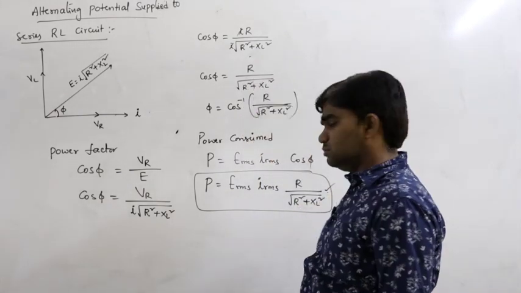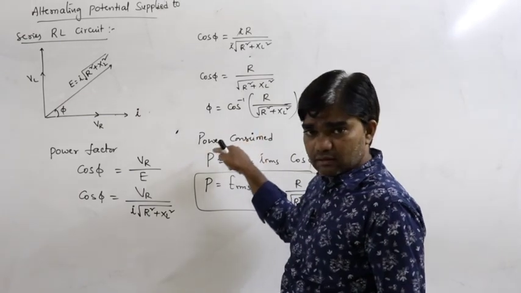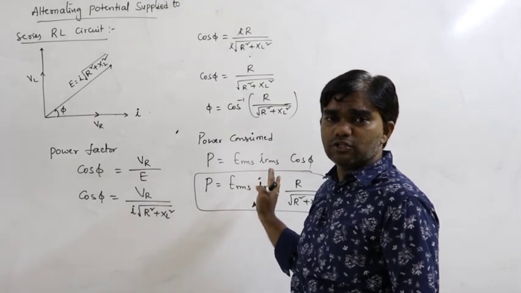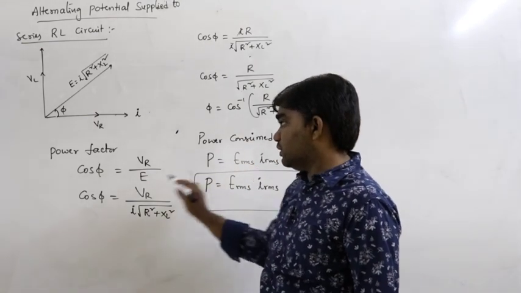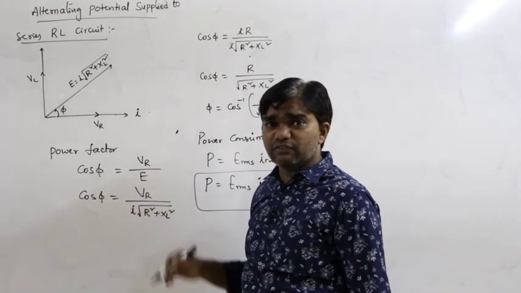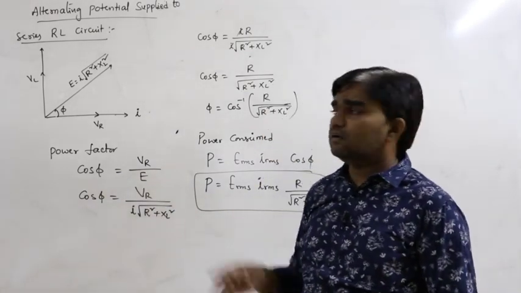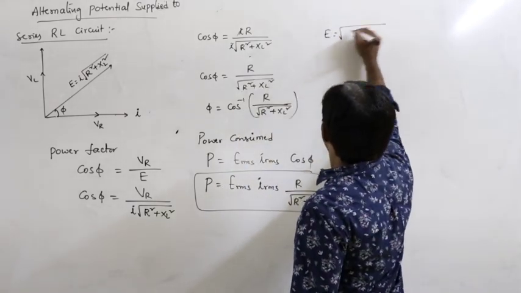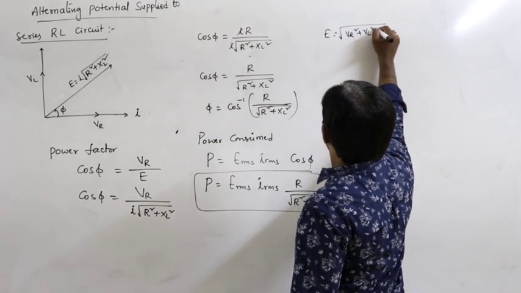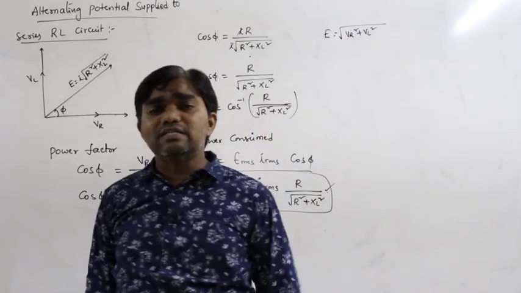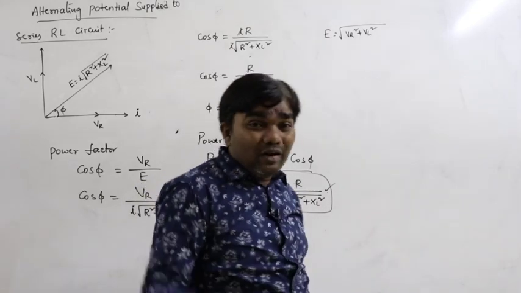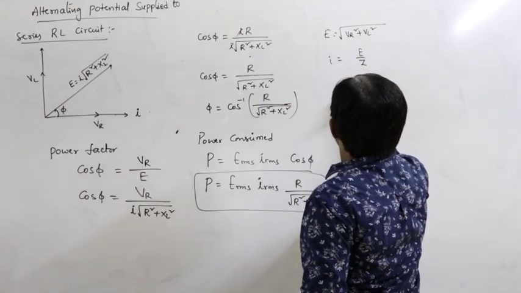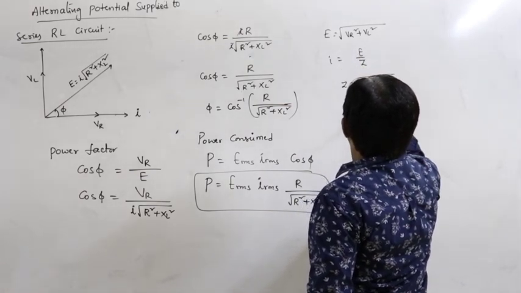Power must be consumed, the phase difference is phi, so the EMF leads the current by an angle phi. Those are the points you have to remember, very important. These formulas are very important. This is the power factor, and the phase difference phi equals tan inverse of XL by R. And what is the net potential? The net potential E equals square root of VR square plus VL square. What is the net potential when the inductor and the resistor are connected in the circuit? This one. What is the current? I equals E by Z, where Z equals square root of R square plus XL square.